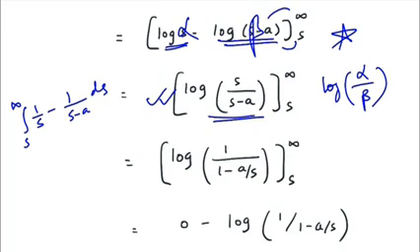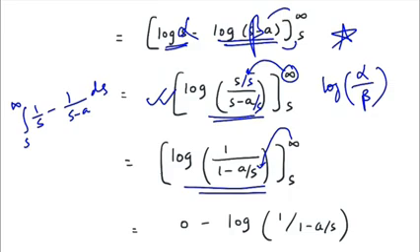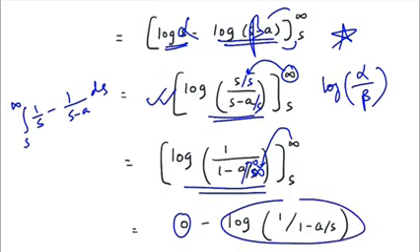Still you cannot substitute infinity straight away. You will get log of infinity over infinity, which is undefined, right? So for that you have to perform one more step. Divide the numerator by s and divide the denominator by s. If you do that, you will get log of 1 upon 1 minus a over s. And if you now substitute infinity, then what would be the answer? Log of 1 upon 1 minus a over infinity, which means it is 0, right? So the answer would be log 1, which is 0, and then minus the lower limit. So minus the lower limit, you will get this term.